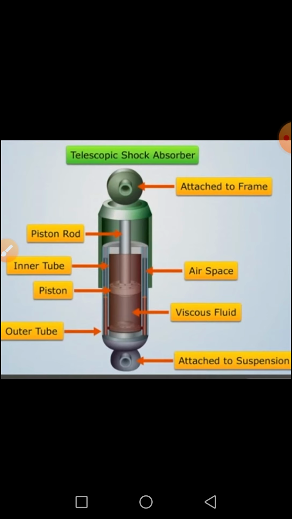Both the tubes are filled with oil, and inside the inner tube one piston will move up and down according to the motion of wheel. These are the constructional details of telescopic shock absorber.